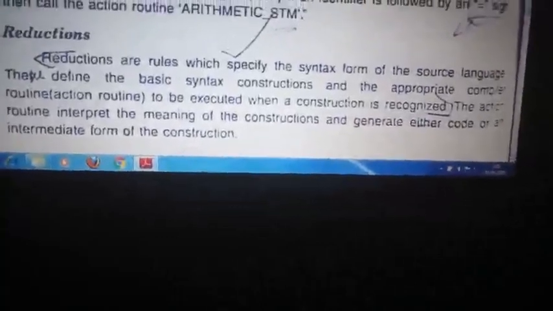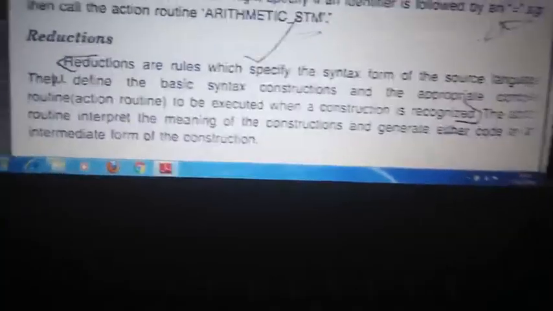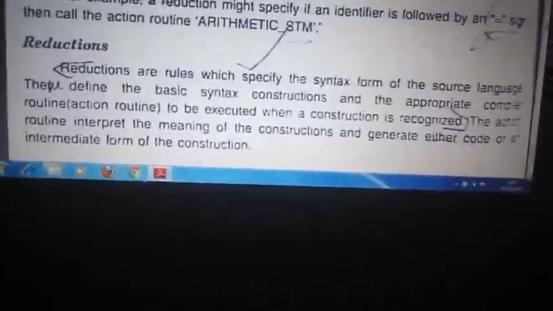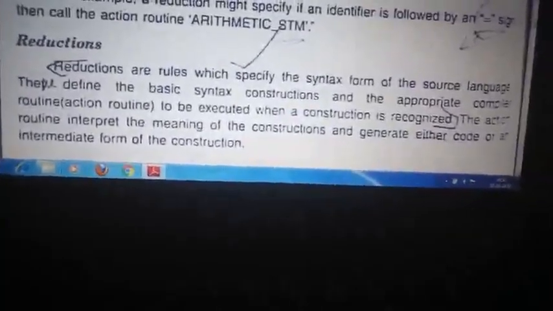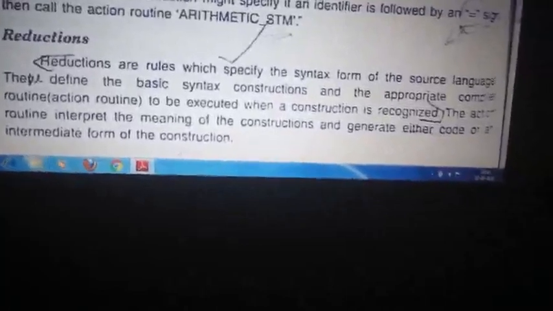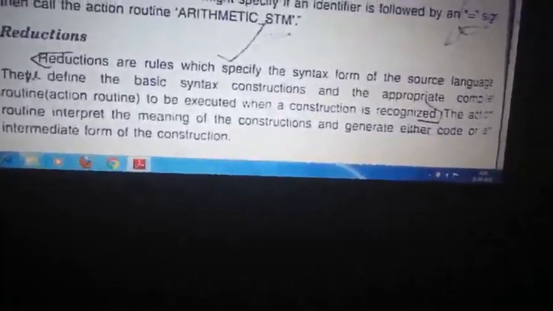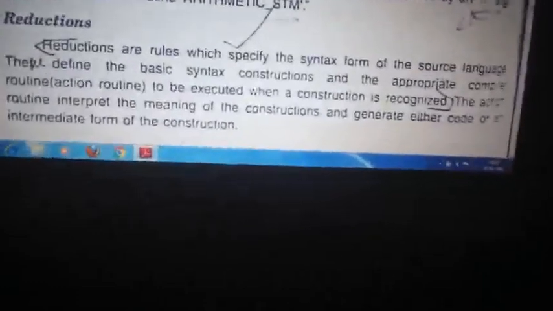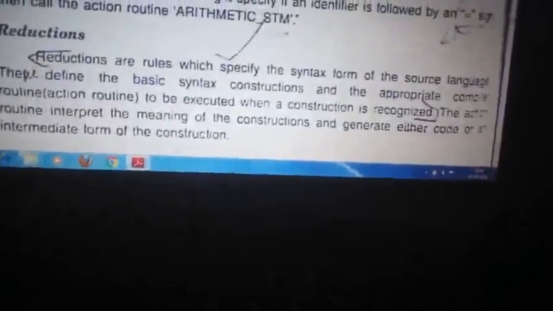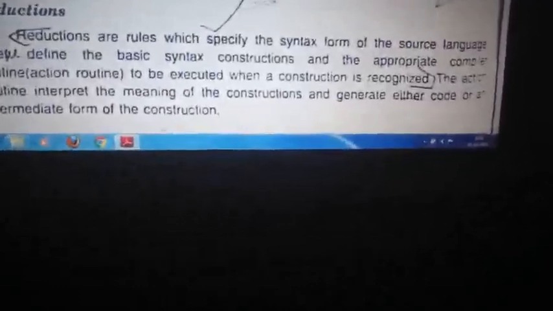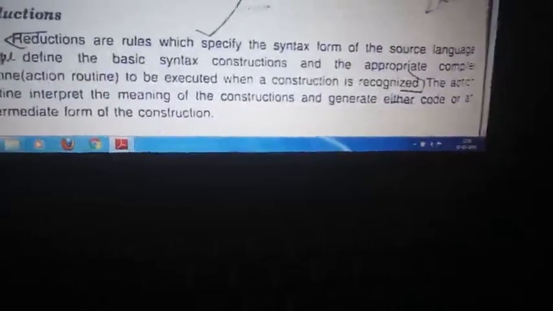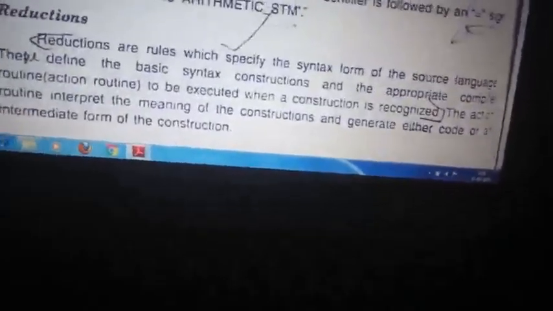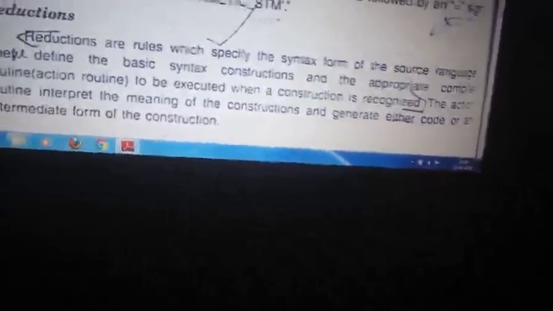Syntax form of the source language. These define the basic syntax constructions and the appropriate action routines, what action to be taken, clear, whenever this construction is recognized. So the syntax is matched, there is no syntax error. Then according to that syntax, what should be done? For example, if you have a semicolon, then it is the next line.